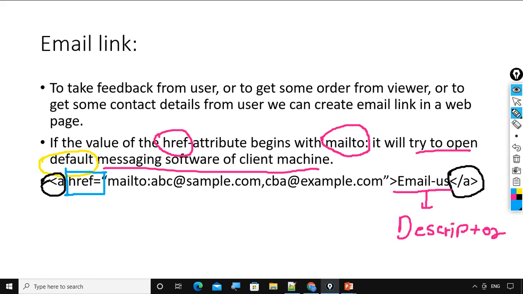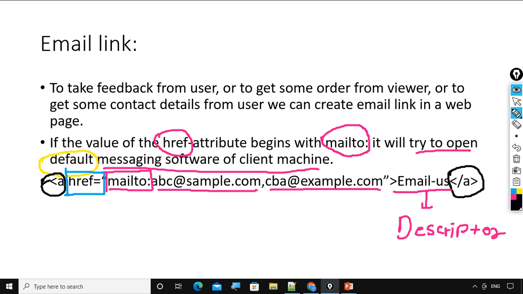In the value we have mailto, the value is starting with mailto colon, and these are the email addresses separated by comma.